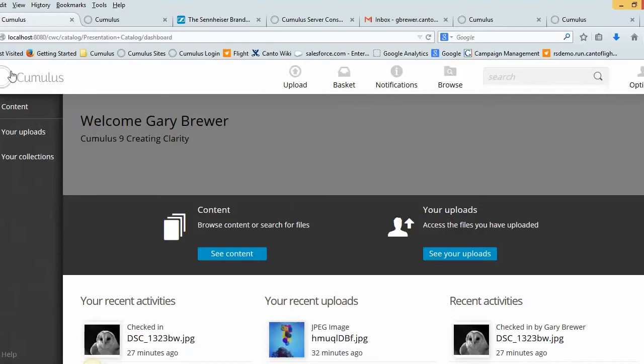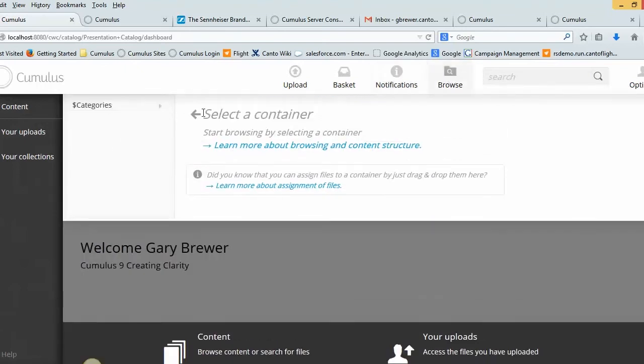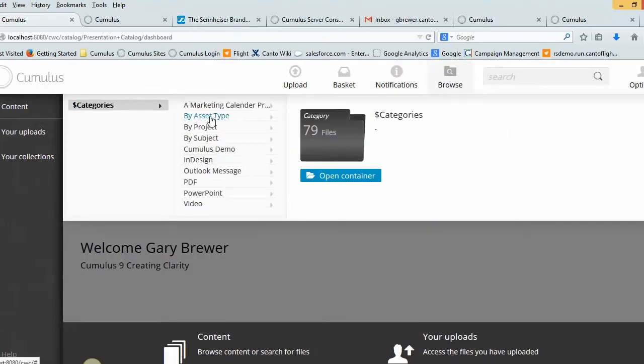Now this can be branded with your logos and colors and any text to meet your specific needs. The dashboard allows me to have one-click access to anywhere in my system. So you see here I can upload, I can add items to a basket, I can see when I've been notified when another user is collaborating with me, I can browse through a category tree structure that my administrator has